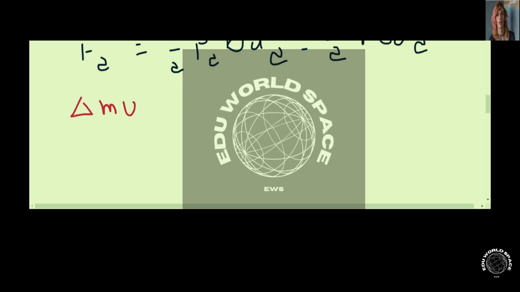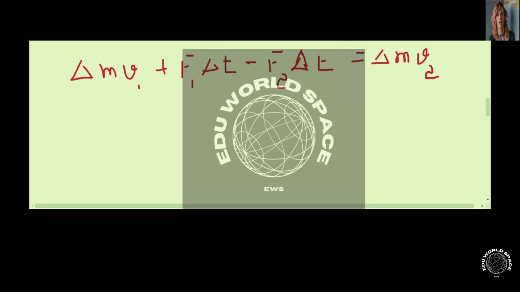Delta m v1 plus F1 delta t minus F2 delta t is equal to delta m v2. Okay, by simplifying